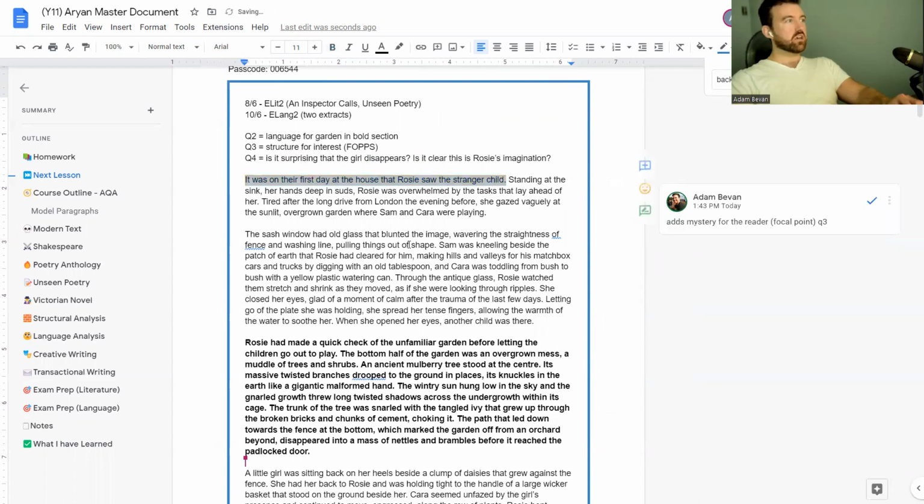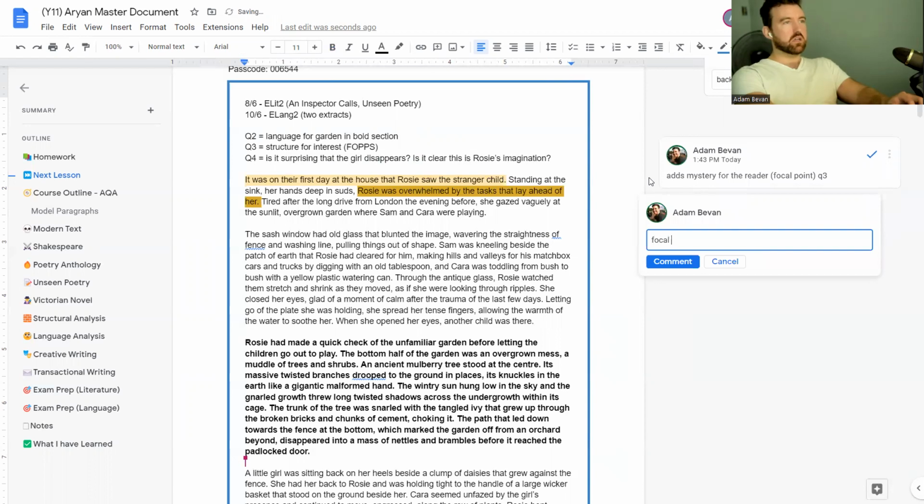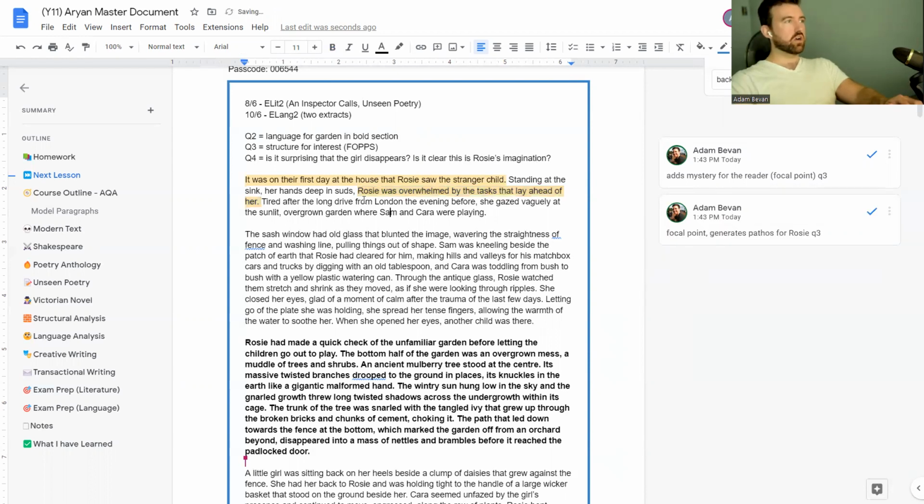Standing at the sink, her hands deep in suds, Rosie was overwhelmed by the tasks that lay ahead of her. That could be another focal point or a focal shift as well, because it generates pathos, generates pity for Rosie. And again, this is question 3. Tired after the long drive from London the evening before, she gazed vaguely at the sunlit, overgrown garden where Sam